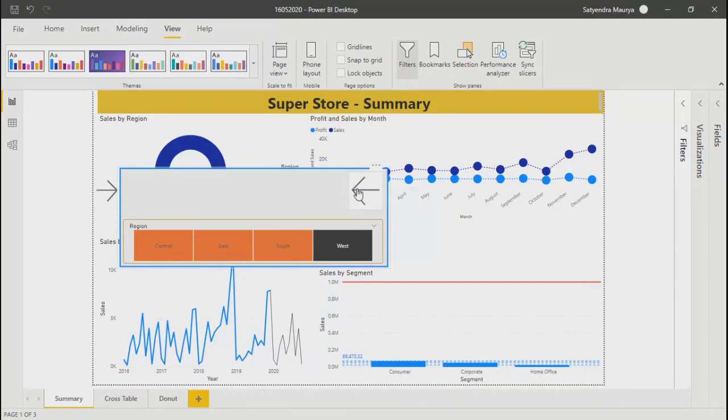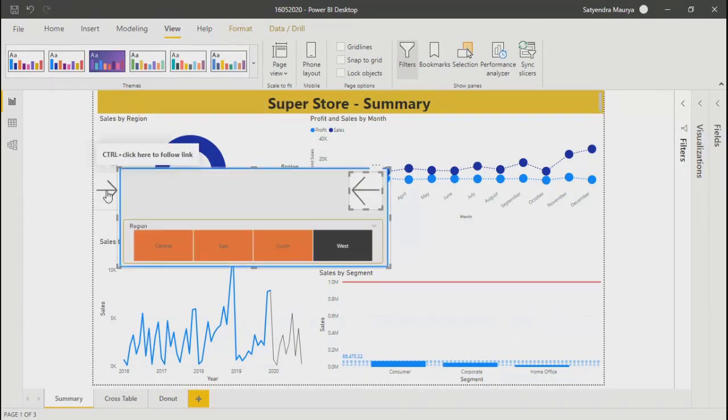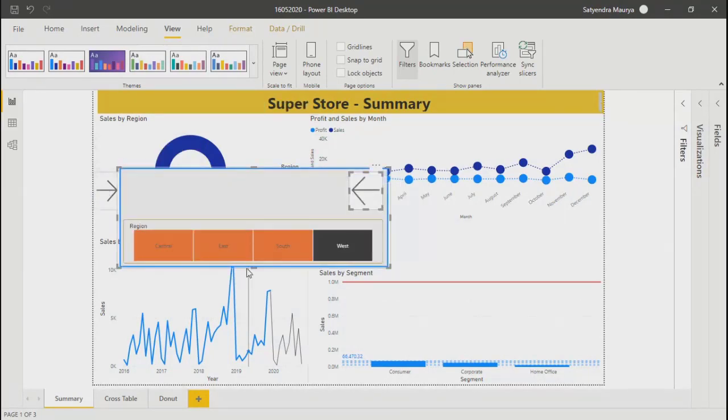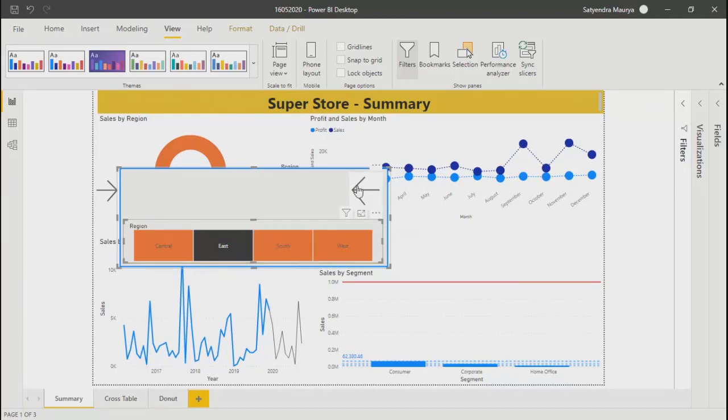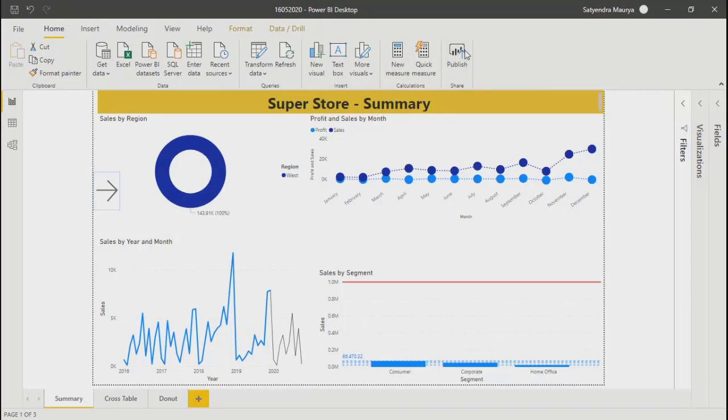If you click over here, sorry, in Power BI Desktop, you need to click with the Control button. Right, that slicer is gone. If with Control you are clicking over here, you will see the slicers. And then you can filter your data and hide that slicer once again. So we have created a slicer and we have hidden that slicer. This is just the point of hiding of slicer.